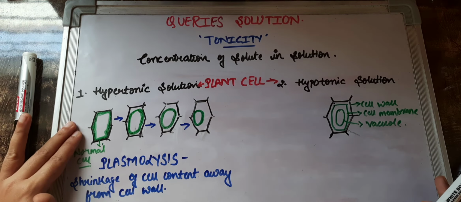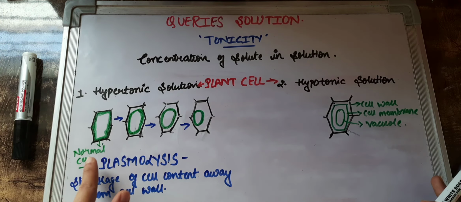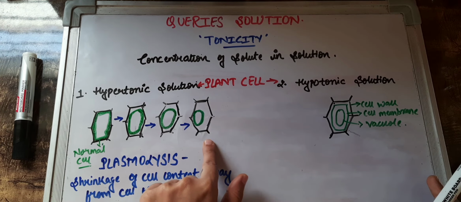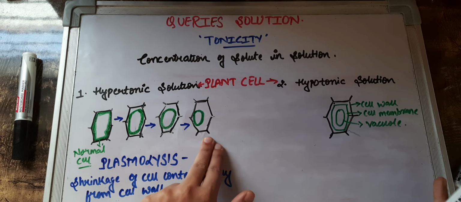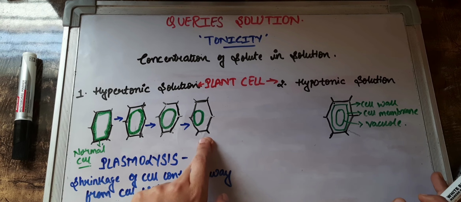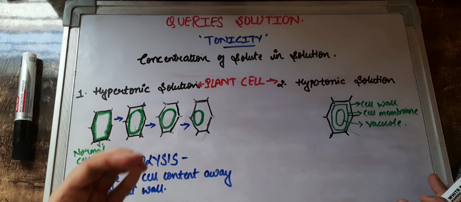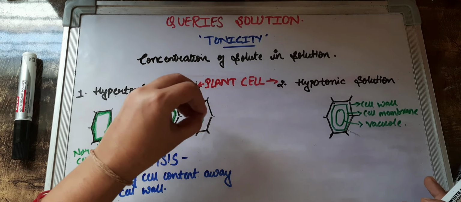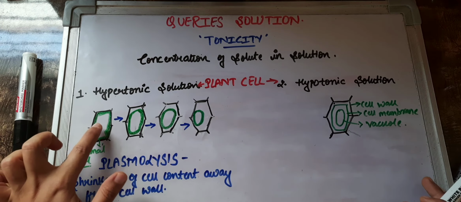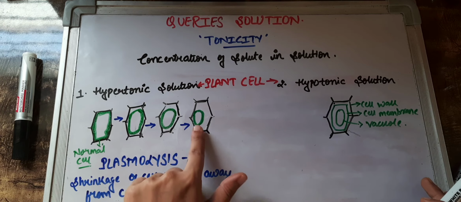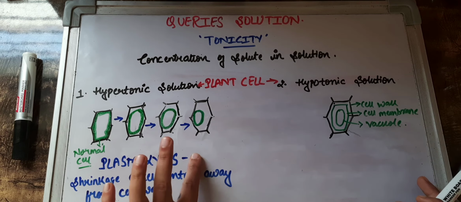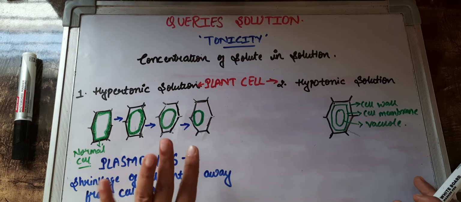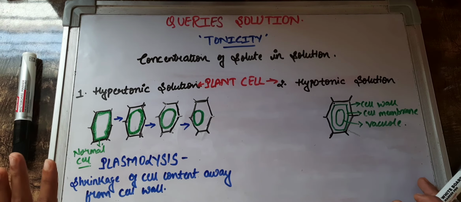Now if I keep a plant cell in a hypertonic solution, what you are observing, children, is happening: the cell structure is remaining the same, because the cell wall, as I said, being a very rigid, lignified structure, will not allow the entire cell to shrink. But what will happen? The internal content of the cell, children, is shrinking. Of course the shrinkage will happen, but where?